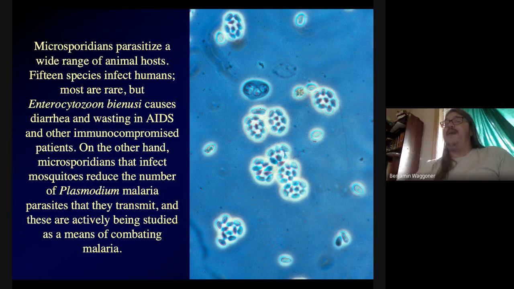If you can infect a bunch of mosquitoes, you can cut down on the risk that's entailed by getting bitten by one. So I'm not sure. I don't think the microsporidian actually infects the plasmodium parasites themselves. So I'm not really sure how that works, but that's a potentially useful thing to know, an interesting reason for